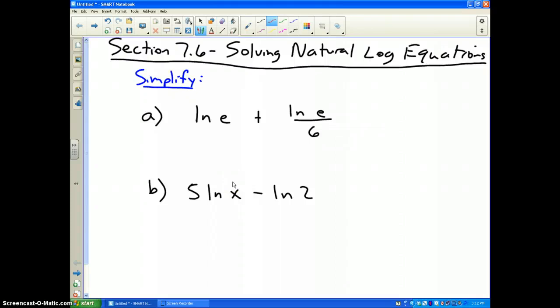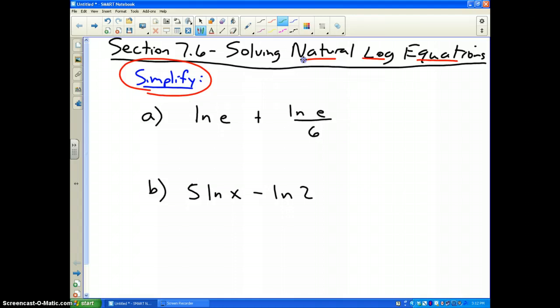All right, last part of section 7.6 deals with solving natural log equations and equations involving the natural base e. Let's do some simplification first. You notice these math problems don't have equal signs. Letter A, write that down, please. First of all, if we're going to simplify this,